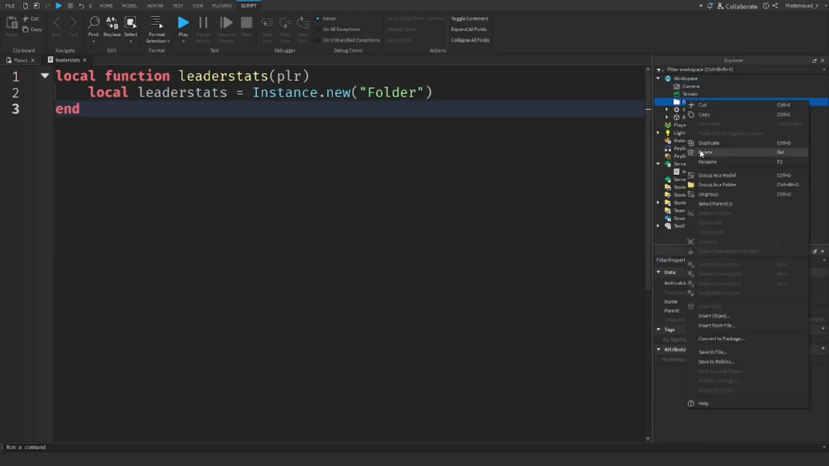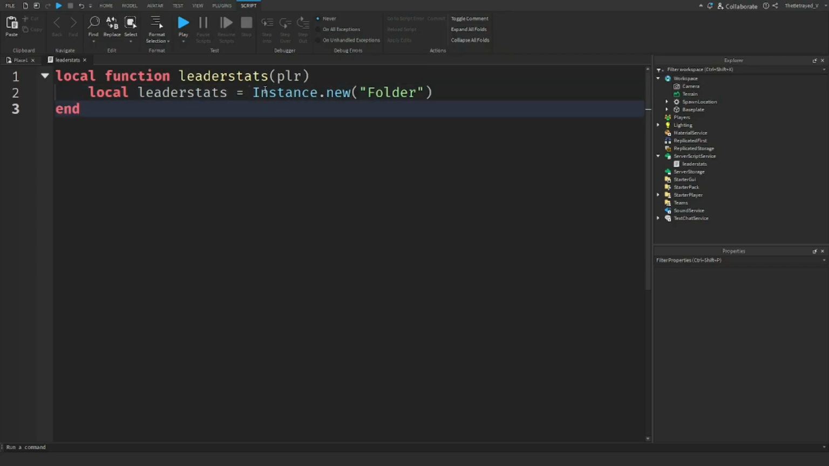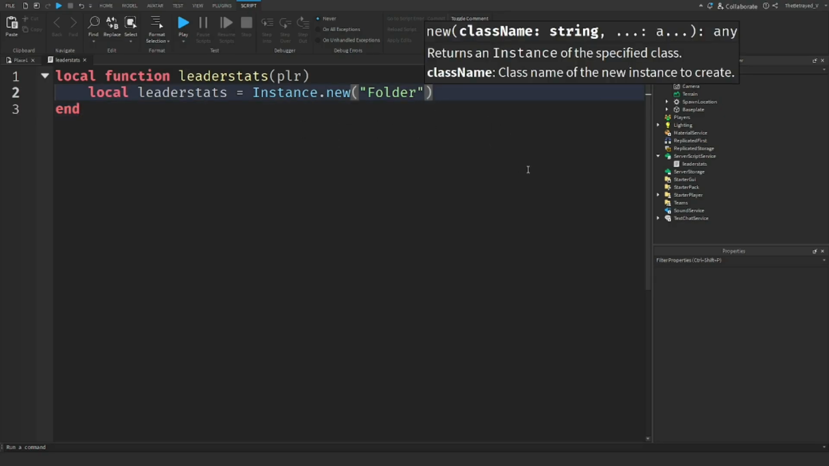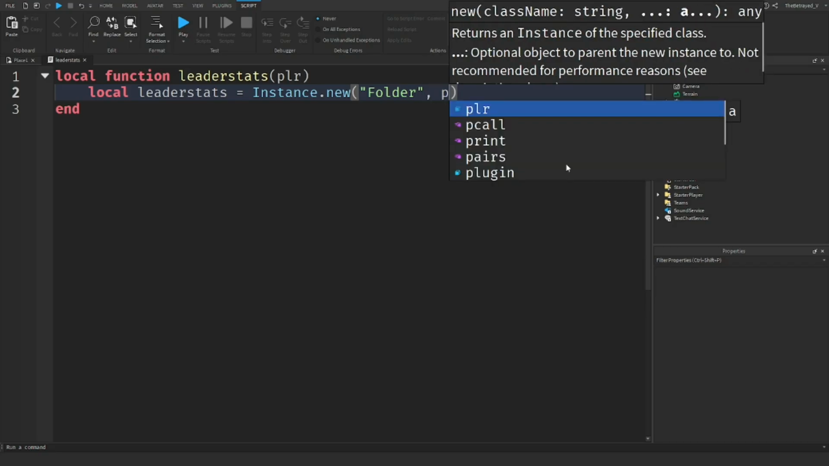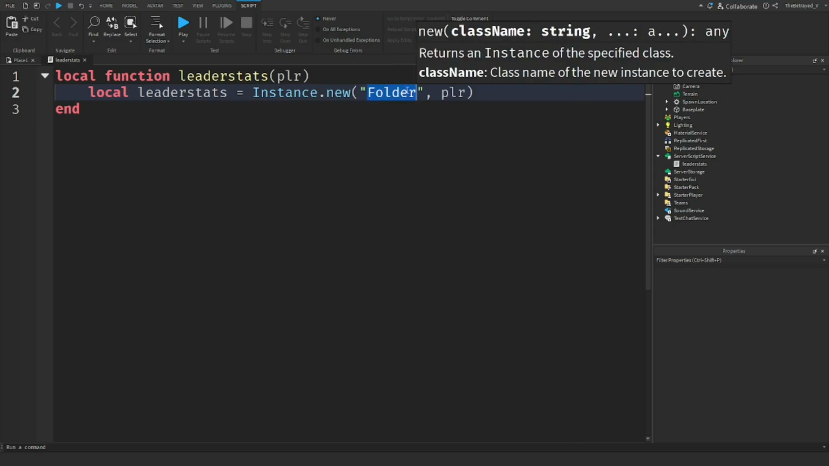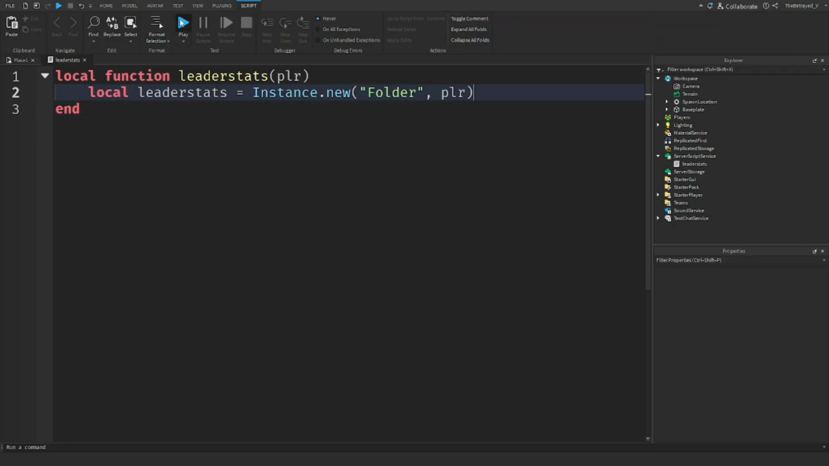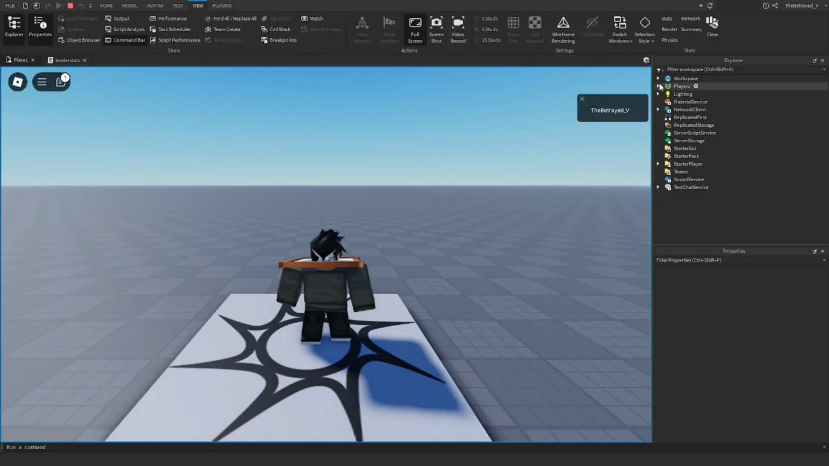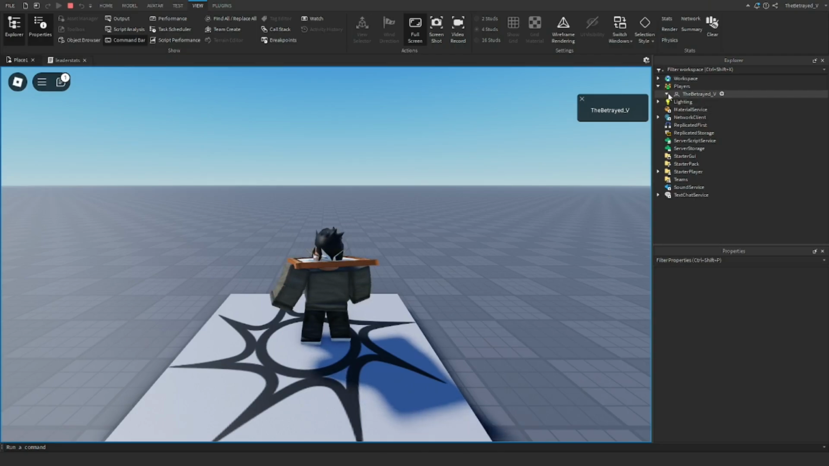But now we're going to need to determine the location of this folder, and we want it to be inside the player, so it ties back to the player's stats, right? So we're going to press up here, and type comma, plr. So now we've parented the folder to the player. So now if I were to play the game, go inside here, players, my name,